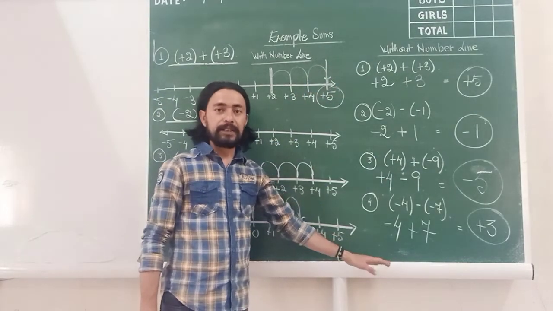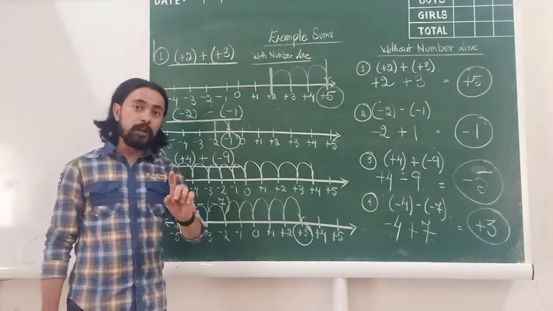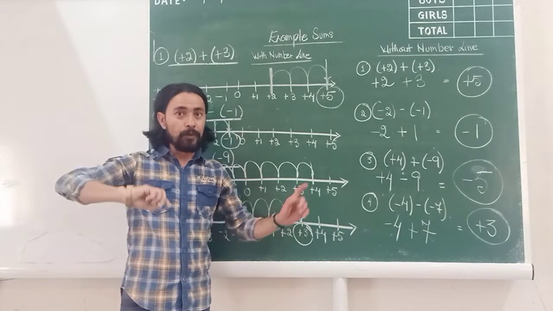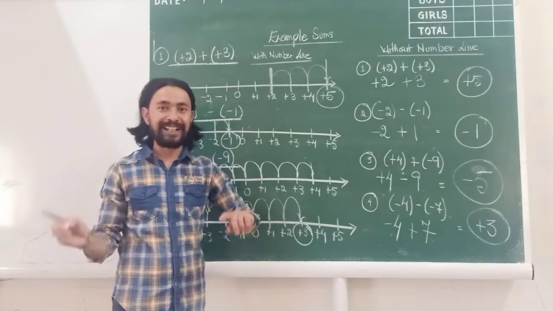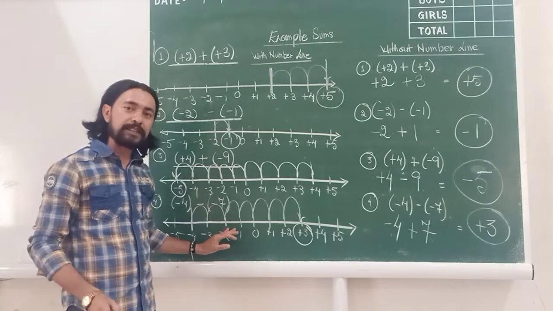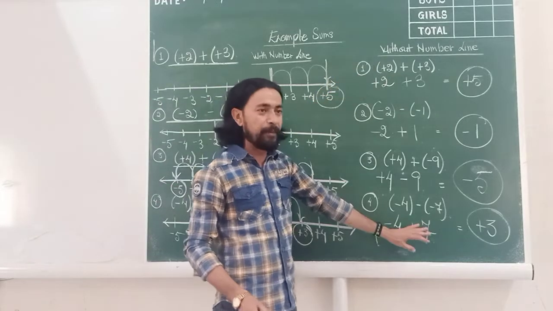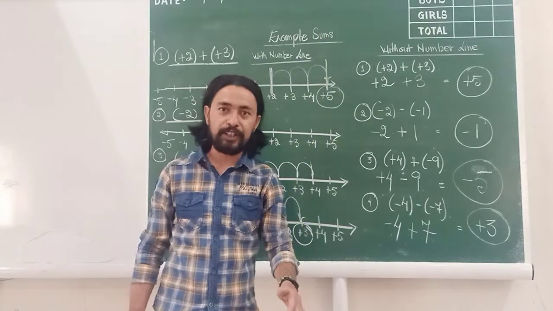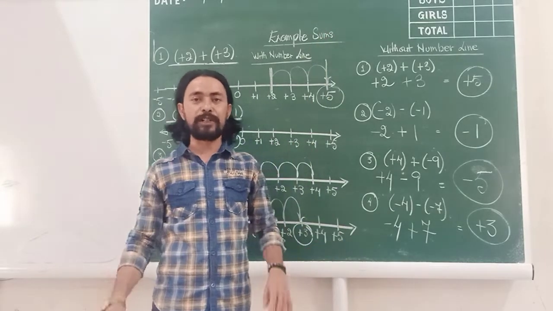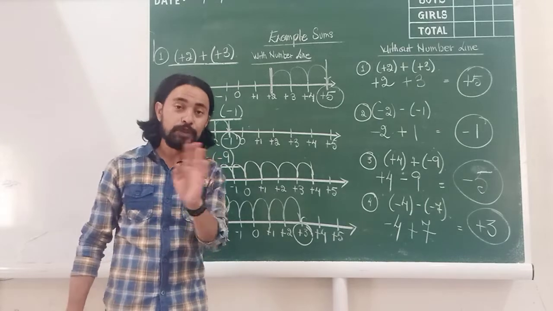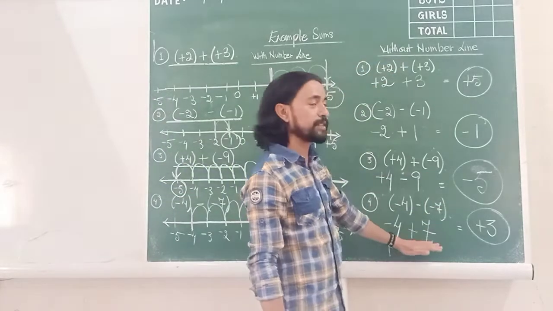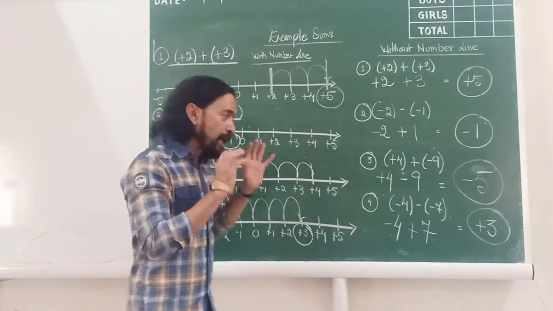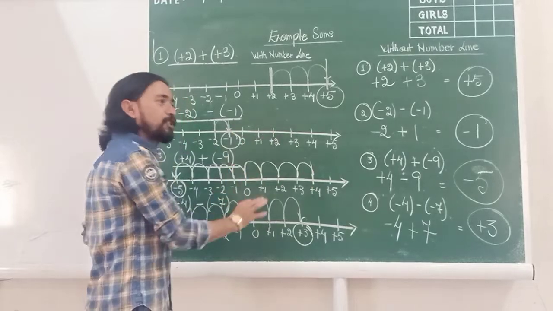So I have shown you on the number line and I have shown you without the number line. On the number line, you can work using the first diagram that I showed you. You must know which side to move, right or left, and then accordingly you get your answer. And without the number line, you have to use those two rules that I have taught you. One for addition and subtraction, and one for multiplication and division. Using those two rules, you can work out the sum without having to do it on the number line. But the answers will be the same. I have shown you both to tell you that the answer is going to be the same.